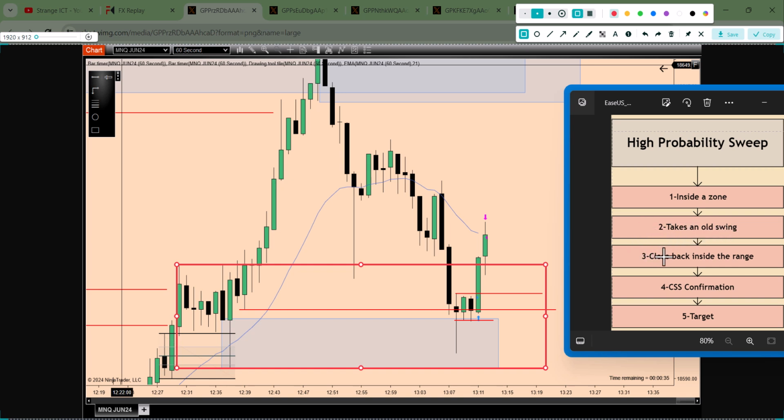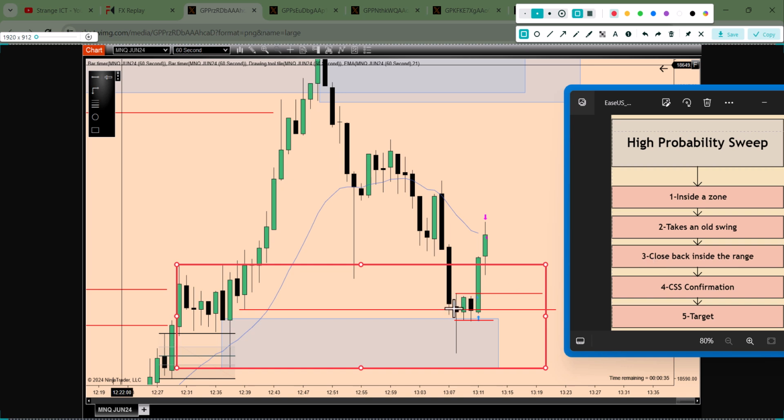The third condition is we need to see price close back inside the range. So basically, price close back inside the range, which is from this high to the upside. We don't really have that here. As you can see, price closed just below the swing, just below the range, but that's okay. We have a huge rejection. We have a sweep, right? A run below this low, and then a huge rejection to the upside. For me, that's all right, and I don't need price to close all the way above the range here,